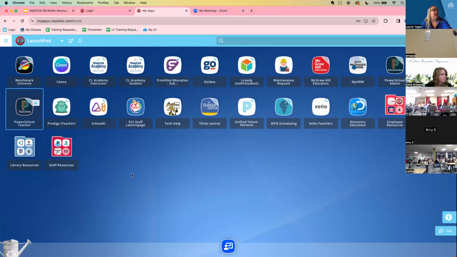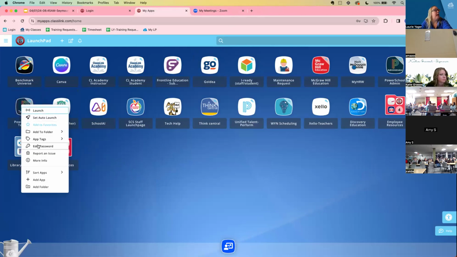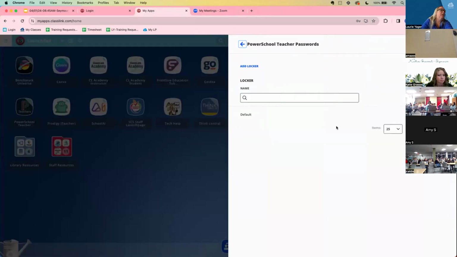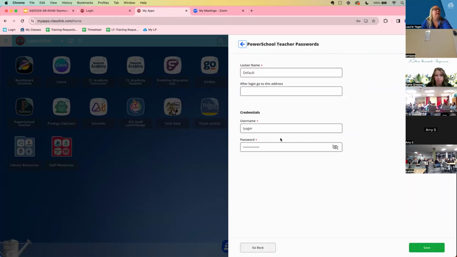Now, let's say you accidentally type the wrong username or password in there, and now it's saved in your password locker. Oh no, what do I do? How do I change it? Very simply, you just right-click, go to Edit Password, click on the little pencil here next to where it says Default, and now I can change my username and